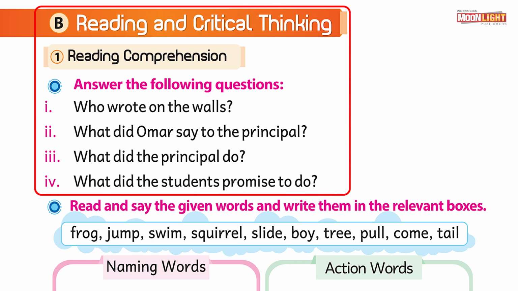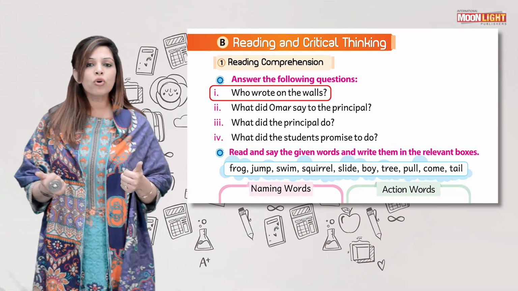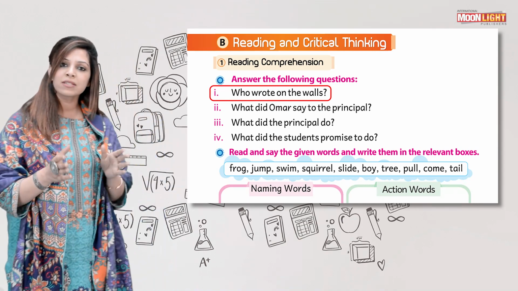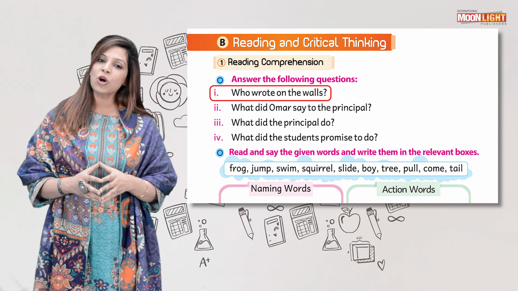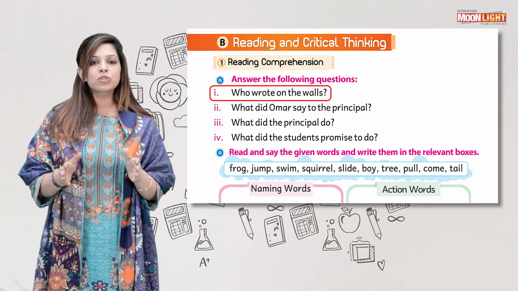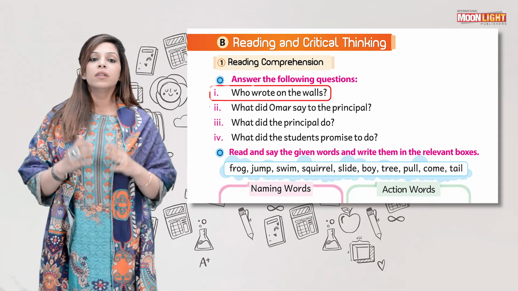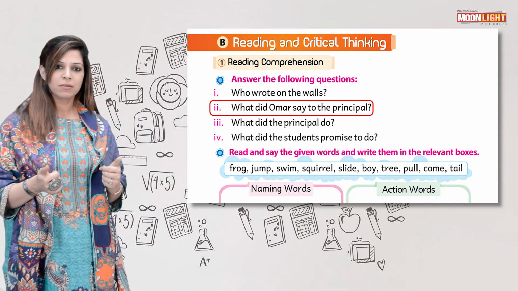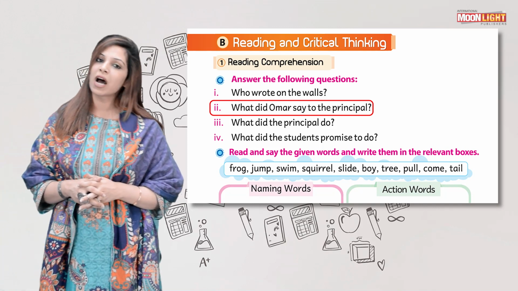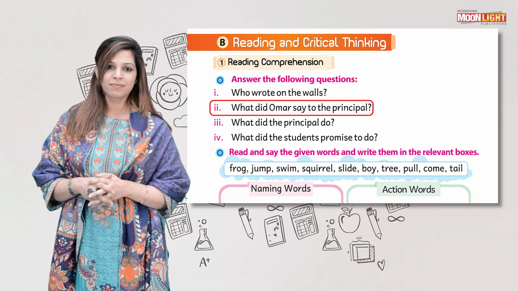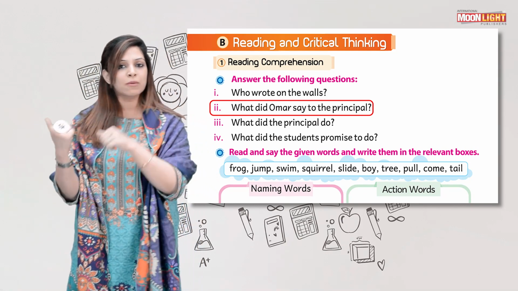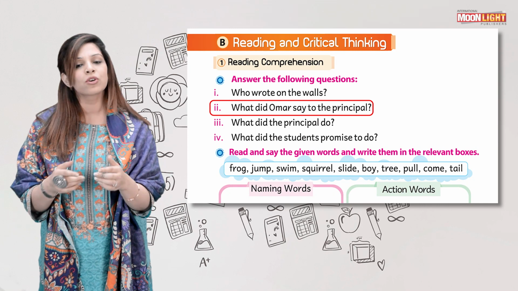Now it's time to think critically and give the answers of the questions being asked in our book. Who wrote on the wall? Now it's time to recall the text and give the answer of this question. And yes, obviously the answer is some students wrote on the wall. Next question. What did Umar say to the principal? Recall the text and give the answer of this question. And yes, students, the answer is Umar told the principal that some students used to write on the wall of